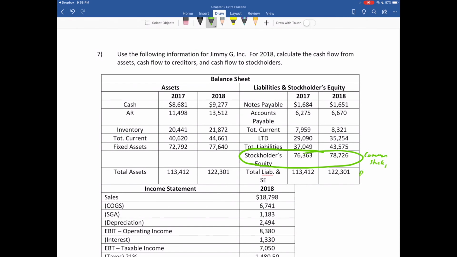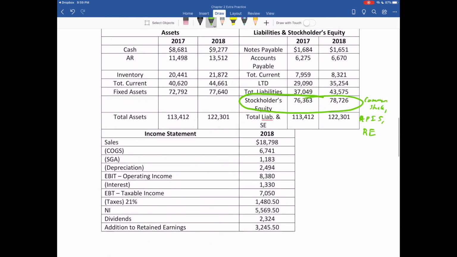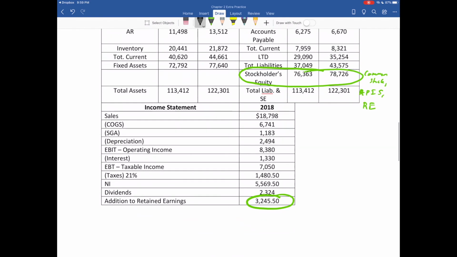We have paid-in surplus and retained earnings. So what's important is to go back to the beginning of this video and look at the second way that I solved for cash flow to stockholders. You're going to want to make sure that you do not include this $3,245.50. So let's just work through that particular portion of the problem, and I'll give you the rest of